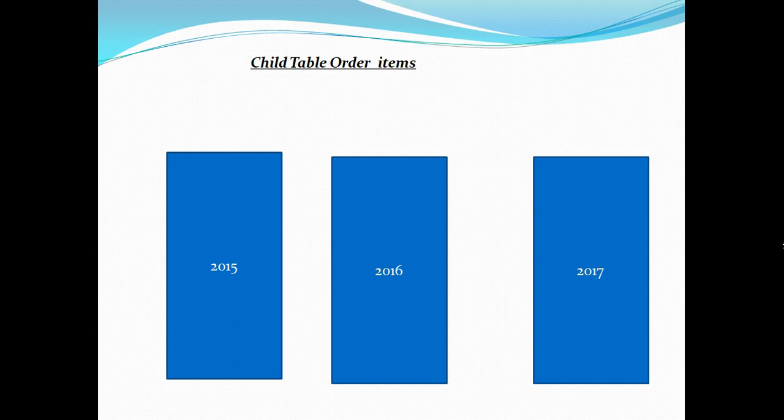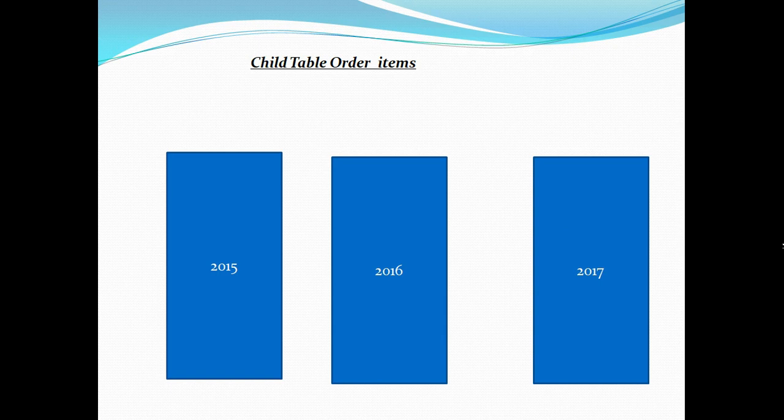For example, I want to go ahead and retrieve the details of aggregated data in 2017. I will go ahead and start with my parent table. It will only select the partition corresponding to 2017, and for my child table as well, it will not select any data from 2015 or 2016. The only partition that it will consider is 2017, thus implementing partition wise joins and significantly improving the performance.